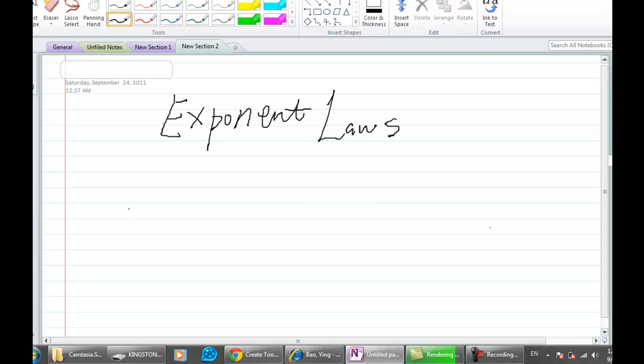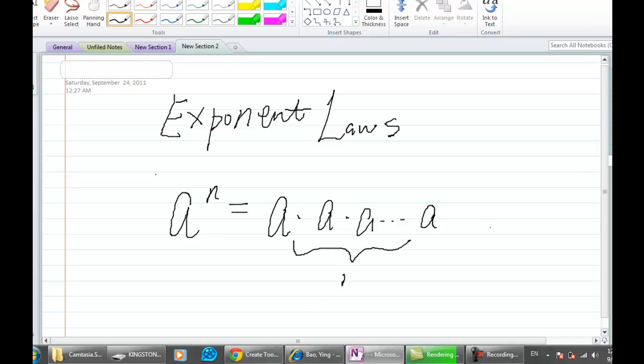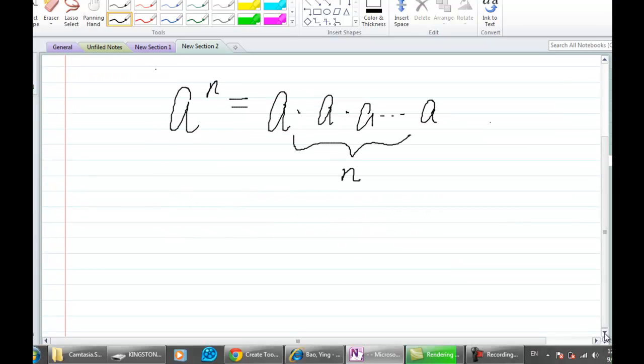First, recall that we have already defined a number raised to a natural number power, that is a to the nth power equals n times a times a times a, and here we have in total n a's. Now let's begin to introduce 5 exponent laws here. The first one is